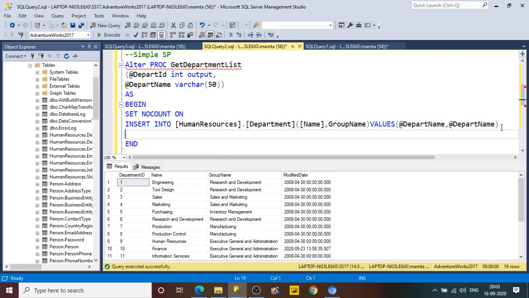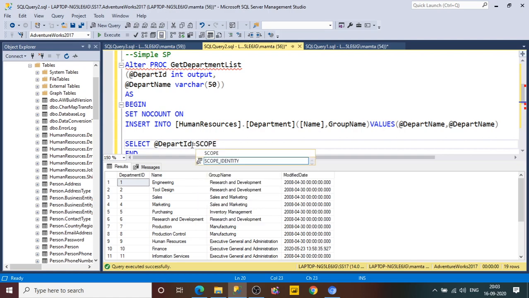Whatever record is inserted, you want its ID in your department ID output parameter. So let me copy this, this is the output parameter, and you can use SCOPE_IDENTITY. Just in case you do not know what SCOPE_IDENTITY is, it retrieves the last inserted record ID.